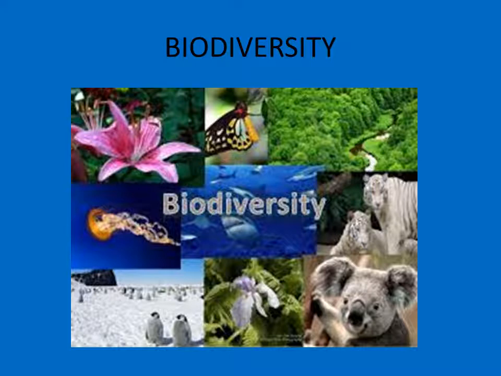Here I am introducing a very special term, that is biodiversity. The word bio means living and diversity means so many variations that are found in the living organisms. So there are a variety of living organisms, and all of these living organisms show variations in their structures as well as their body parts. So there are a lot of plant and animal species found on the earth, and some of these species are named by the scientists, but some of these species are still to be discovered and their naming has to be done.